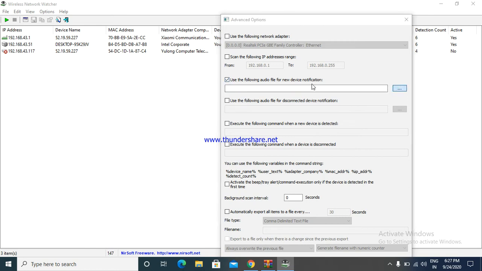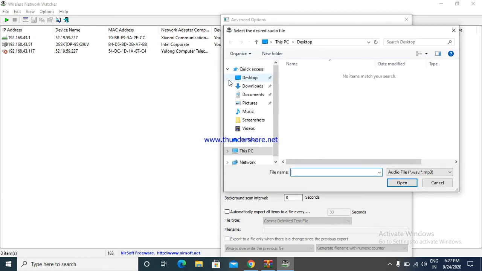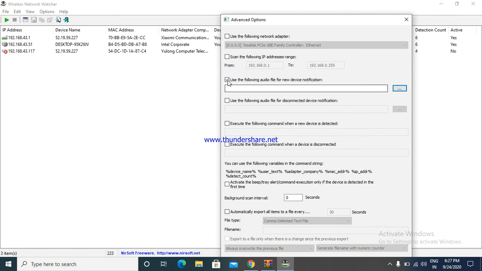Here it will be more lengthy if I use this. Okay, we can select any one audio and we can do that. We can use the following audio file for a disconnected device. If any one device is disconnected from our network, then a certain audio will be played as a notification.